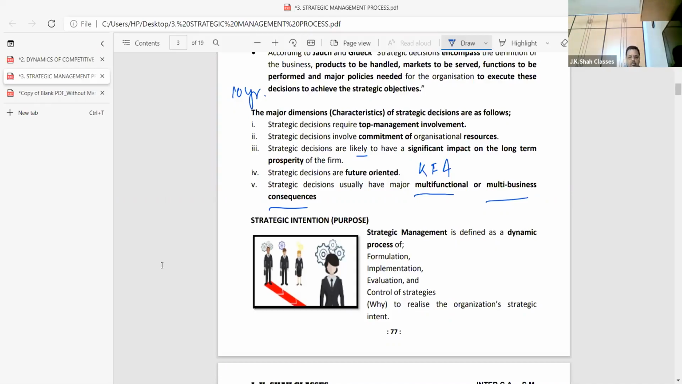That's now the most important part of this chapter when it starts. Strategic intention. Kindly pay attention. What do you mean by strategic intention? Please listen, beta. I'll explain this. See, first thing, let's be very clear. You are all sitting, attending lectures